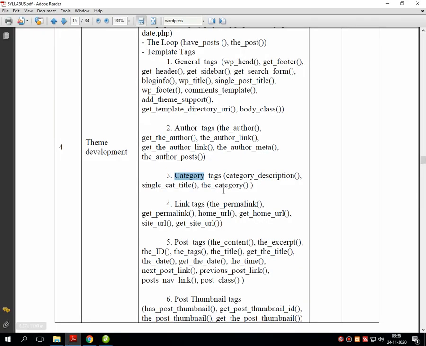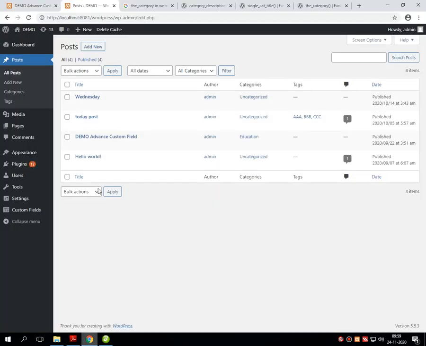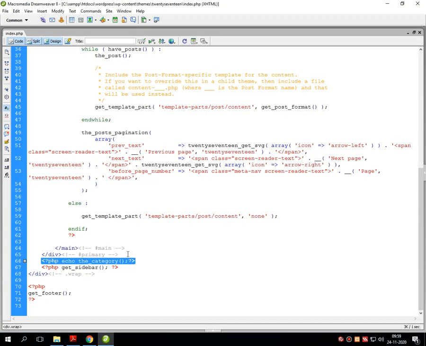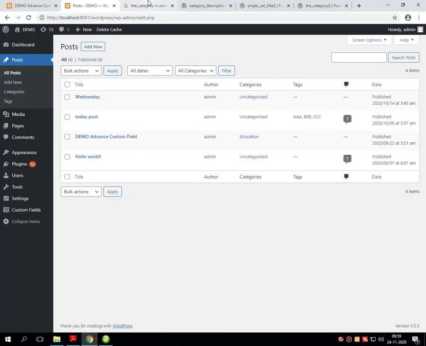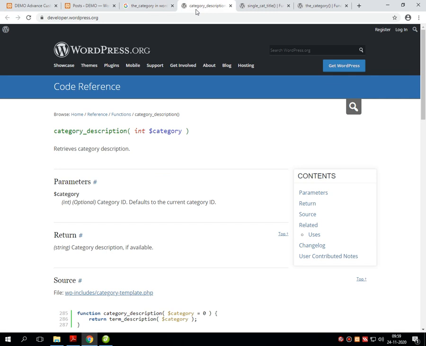First I am taking the category_description function and putting it into the index.php page by writing the PHP tag, that is <?php, then the function name with a semicolon, and the tag gets completed with echo. For one minute I am keeping the second function in the commented section, and let's see how category_description works.